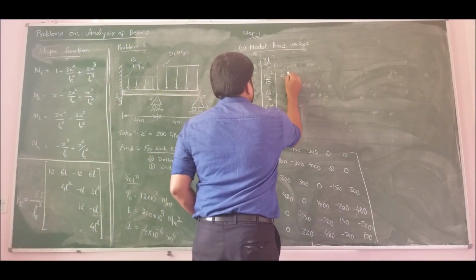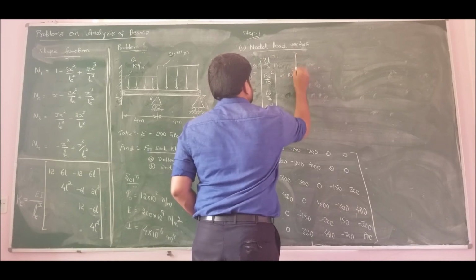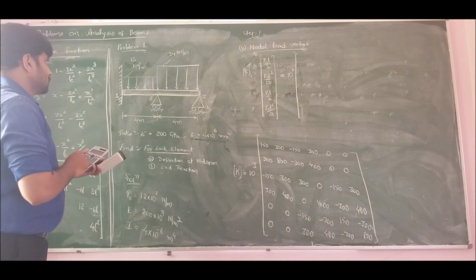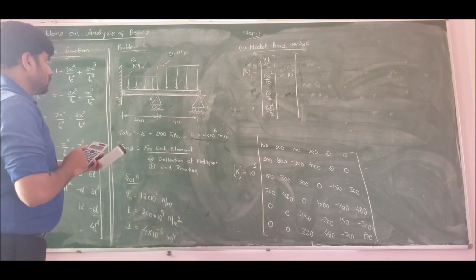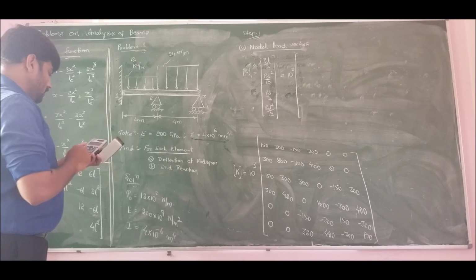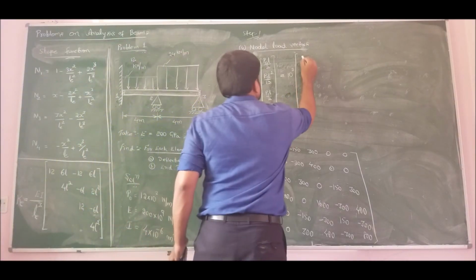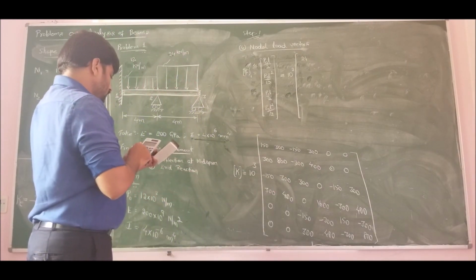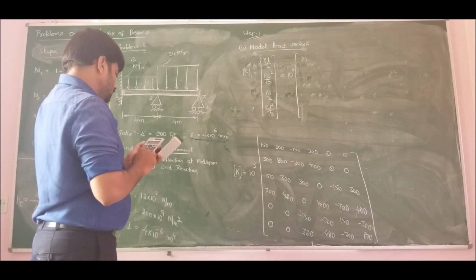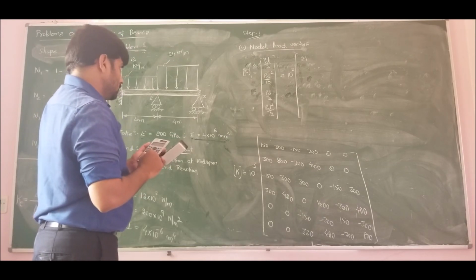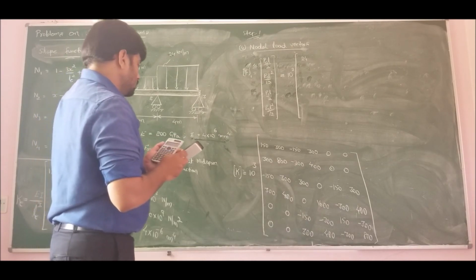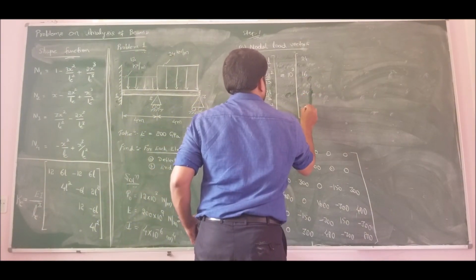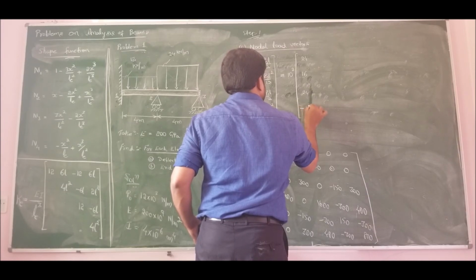So this will be equal to 10 to the power of 3 times P naught L by 2. So it will be 12 into 4 divided by 2, I will get 24. P naught L square by 12 is 12 into 4 square by 12, I will get 16. So next I will get 24 and I will get minus 16.